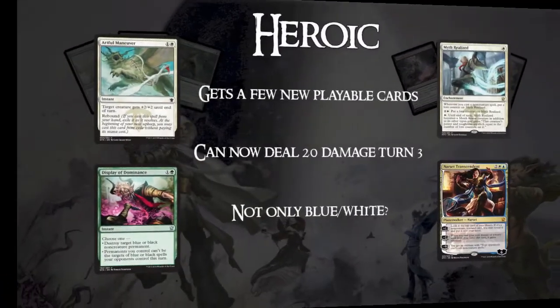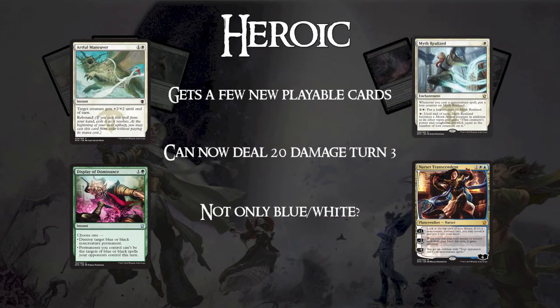So to start off, I wanted to talk about Heroic. Heroic is a deck that is probably tier 1 right now already, but I think it is going to improve when Dragons of Tarkir comes out. We have a lot of great Heroic things. It gets new cards like Artful Maneuver, which is target creature gains +2/+2 until end of turn with rebound for 2. We have a Display of Dominance